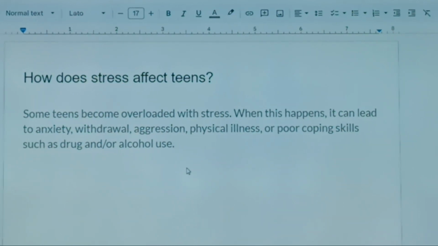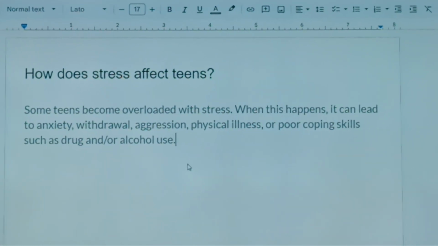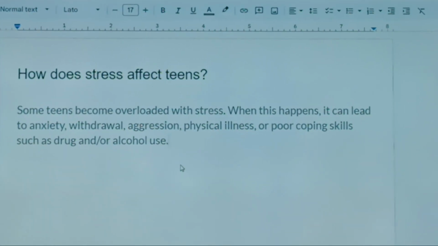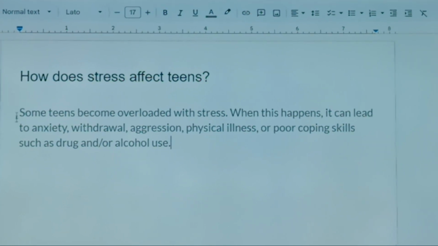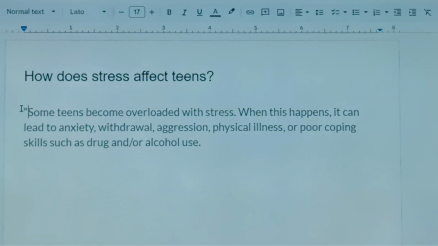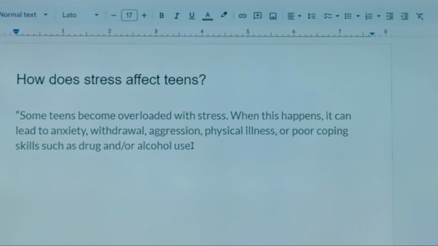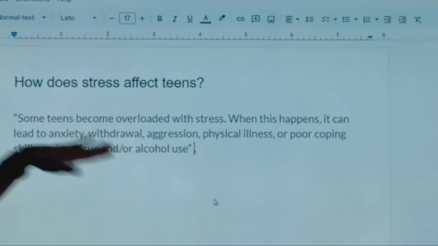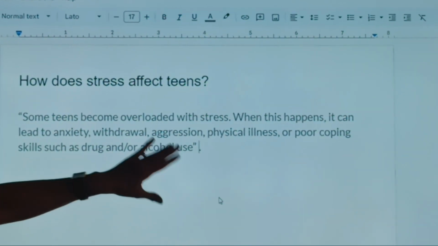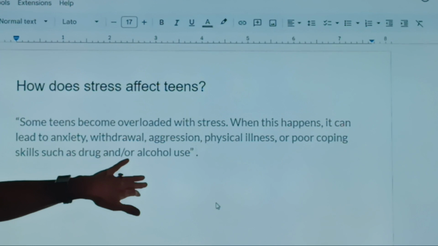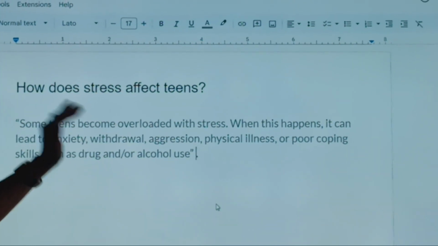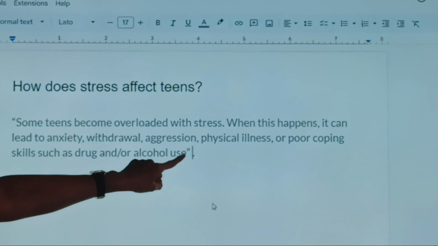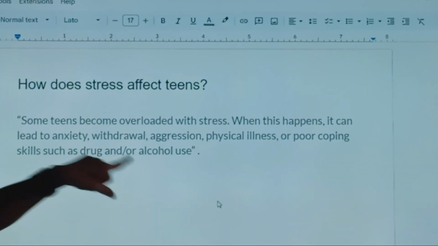Now, because I want to use these two sentences word for word, I'm going to put quotation marks at the beginning and quotation marks before the period, and you'll see why in just a second. So quotation marks, and then I'm going to hit a space. If I just put that in my project, I've got an automatic 0 because I haven't shown you where I got the information. If you remember when we did the Hunger Games paragraph on the ACEs, we put in parentheses the page number.